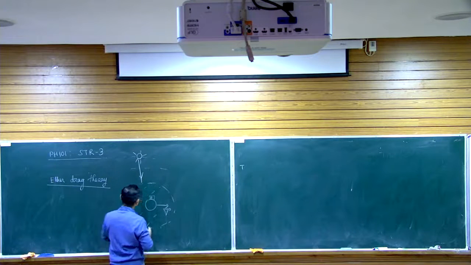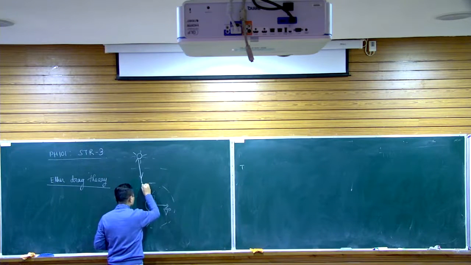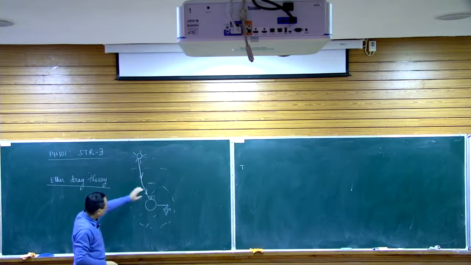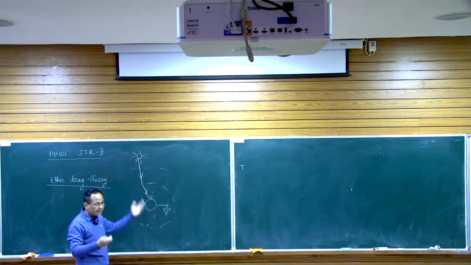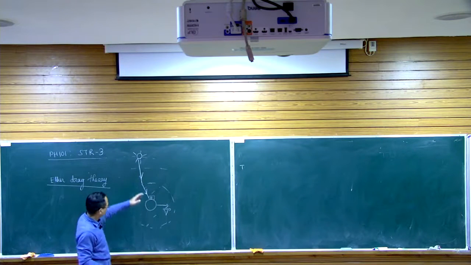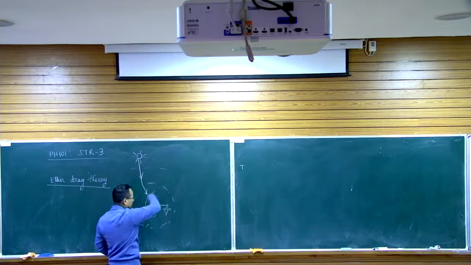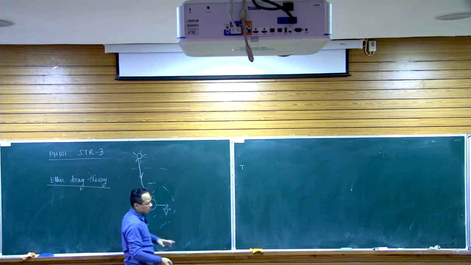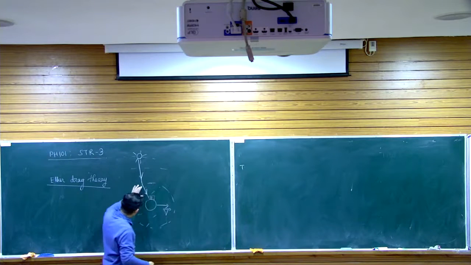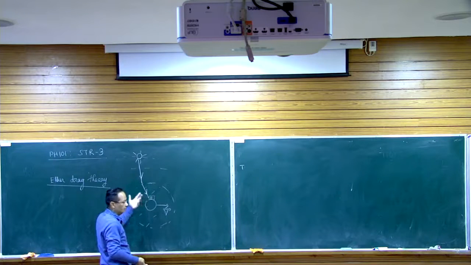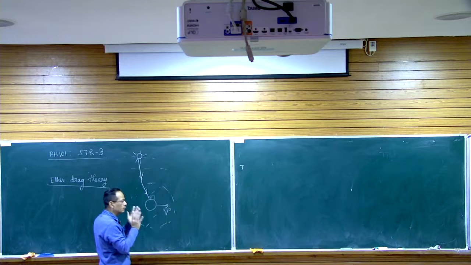So to make that happen, you will see that there should be a bend. Light should get bent. This is in addition to the bending due to refraction. So you can forget about the refraction if you consider the light is incident normally, or we are considering an angle, an additional bend in the light in addition to the refraction. So do not get confused with refraction of light. Here we are ignoring refraction of light, or we are already including the refraction of light. Now this is something additional.